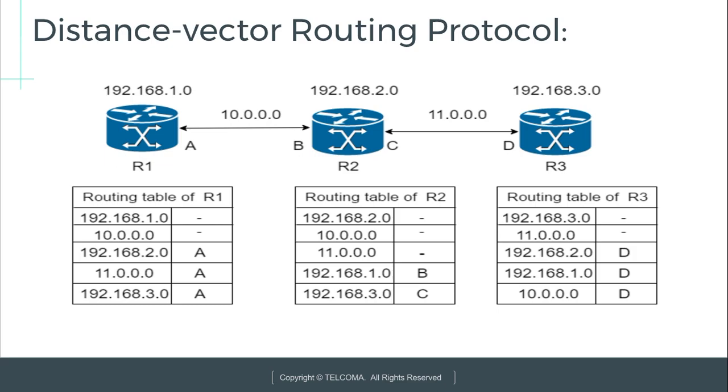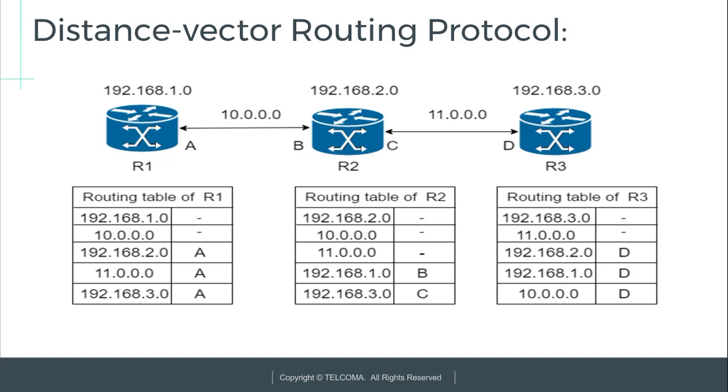This diagram shows how RIP works. As shown in the diagram, there are three routers: R1, R2 and R3. These three routers have their own IP addresses and network addresses. R1 has an interface A, R2 has interfaces B and C, and R3 has an interface D. First of all, these three routers make their routing tables according to the directly connected devices. The routing table of R2 knows the IP address of itself and the network addresses,